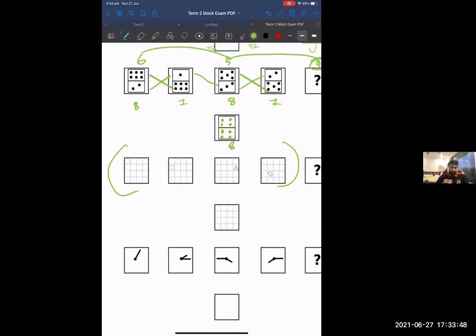It's like adding each time. So the first one, it adds 4, and then it adds 3. Yes. Good girl. So it goes across 1, 2, 3, 4 to here, and then it goes 1, 2, 3 to here. Oh wait, sorry, it goes 1, 2 to here,